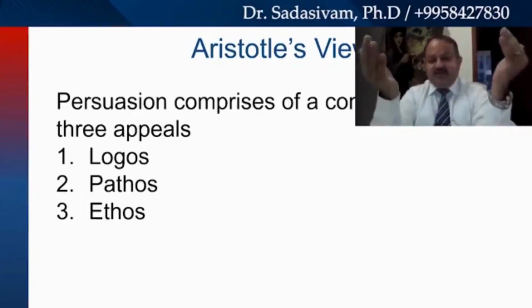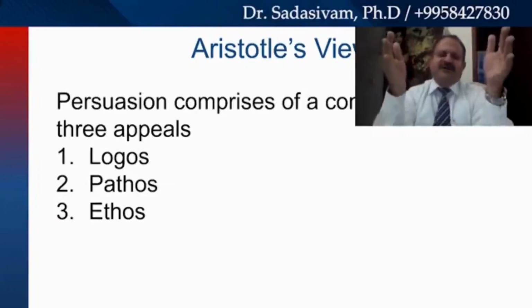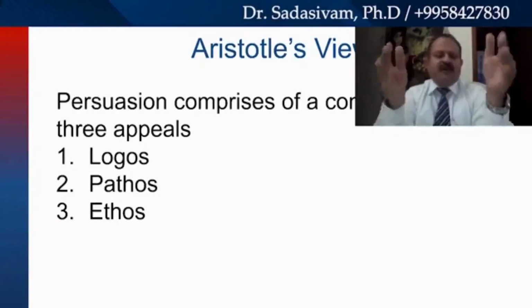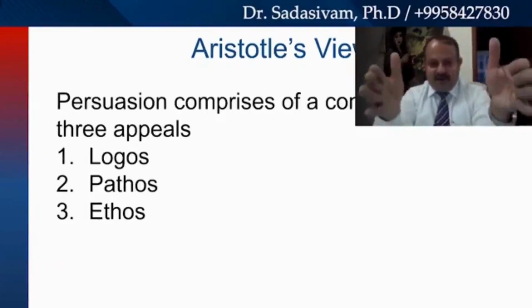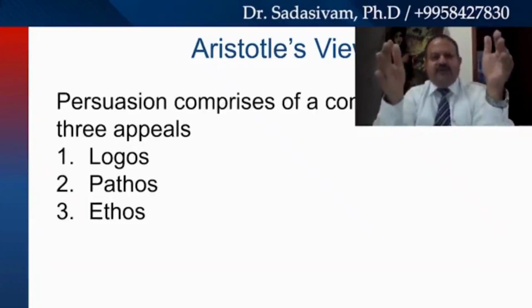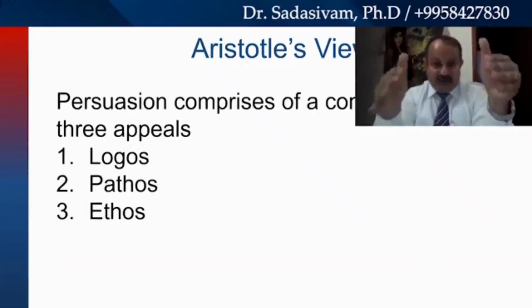So in the process of persuasion, Aristotle has come out with 3 very important factors in persuasion. They are logos, pathos, and ethos. Let me explain to you what logos, pathos, and ethos are. First is logos. As it clearly implies, logos means the logic behind your discussion, the logic behind your standpoint. Secondly, it is pathos. Pathos consists of some of the emotional elements which are considered while you are persuading somebody. That's the pathos, emotional elements.